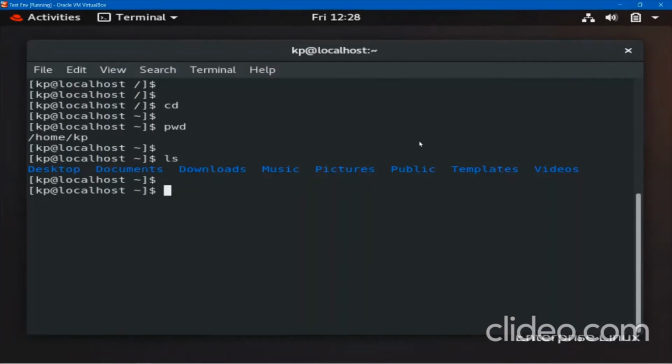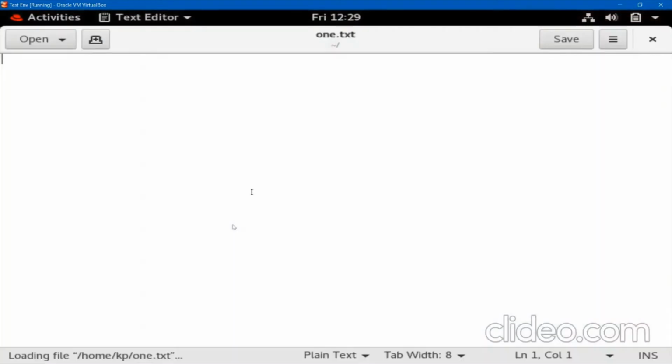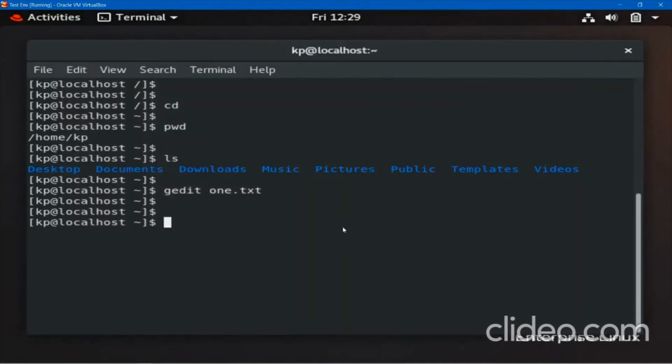If you want to use the GUI, you can go to Activities and type gedit. There is something called gedit, similar to Notepad. The same thing I can type here: gedit. Suppose the file name I want to give is 1.txt. See here, the file comes up, the name is 1.txt. I am typing here, my first file. You can directly save and close, or I am using the keyboard: Ctrl+S to save and Alt+F4 to close. Okay, file created.